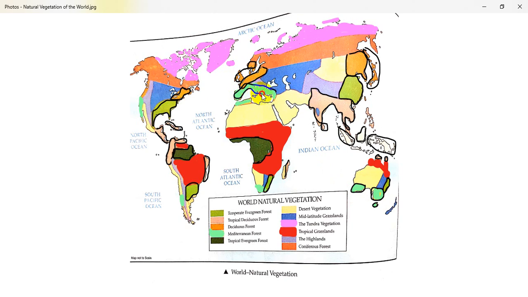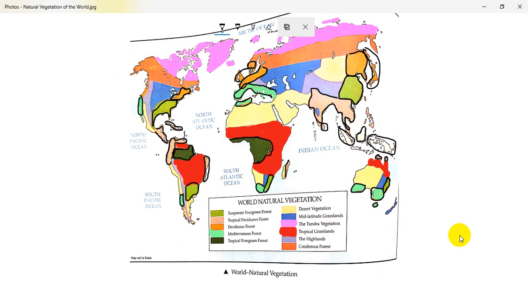That is the zone where the maximum area is covered with the Mediterranean type of forest. We have it in South Africa, a part of Chile, and even a part of California.